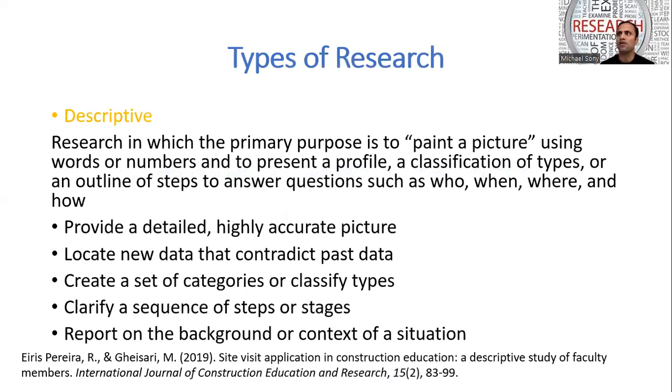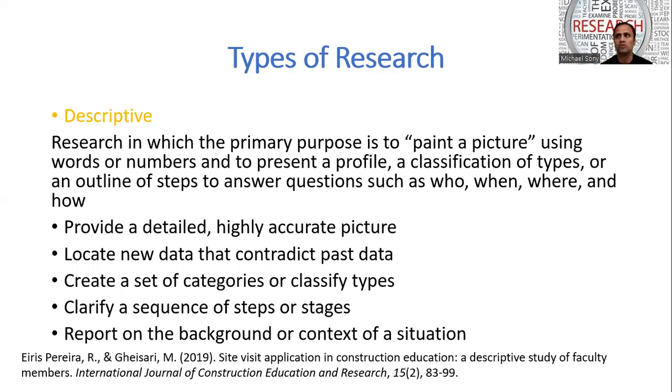When a body of knowledge develops, take for instance, workplace sexuality, it is a concept which has received less attention. So in the initial phase, we would want to describe or paint a picture